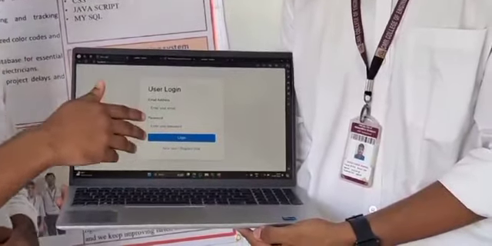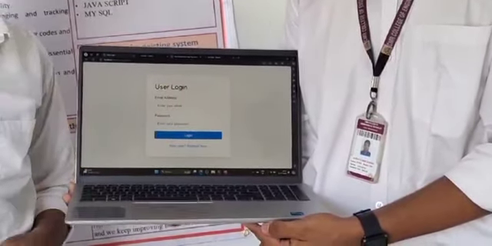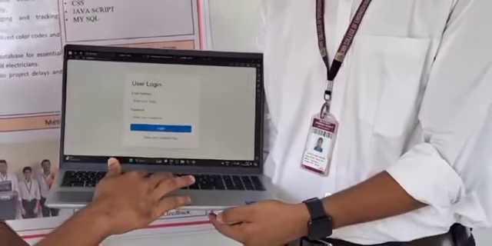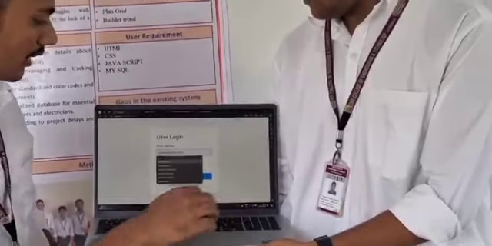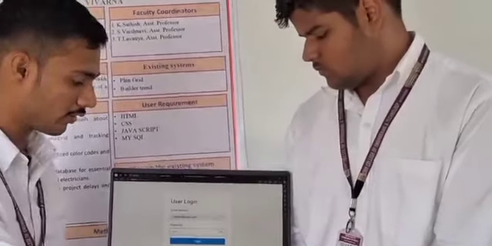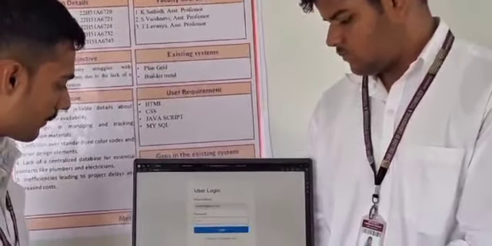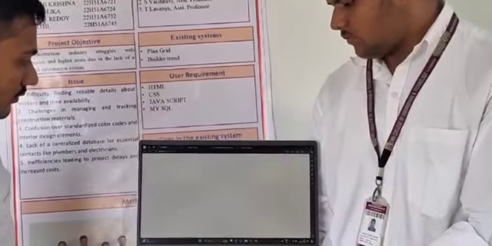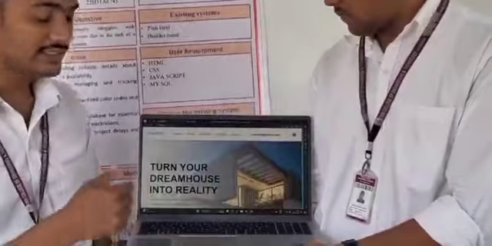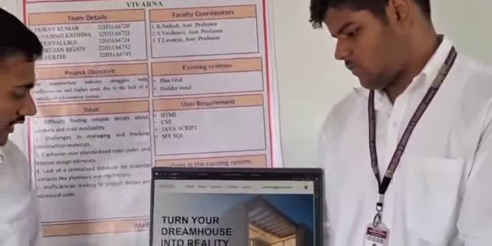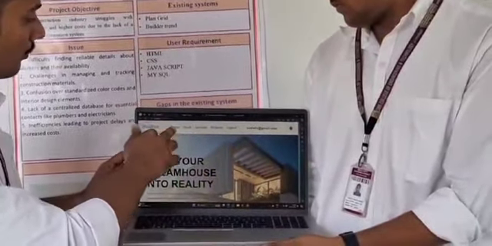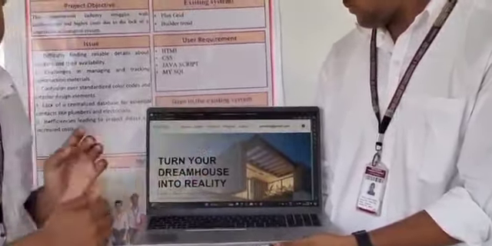Coming to user login, whenever you click on the user login, it asks whether you are an existing user or a new user. If you are a new user, it asks for registration. If you are an existing user, you need to enter your email ID. For example, I have entered my email ID, which is already registered on this platform. This is the main website page, the home page, where you have various taskbars such as home, about, services, projects, logout. Here, services provides the details of the various workers.